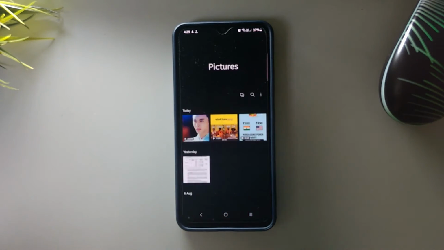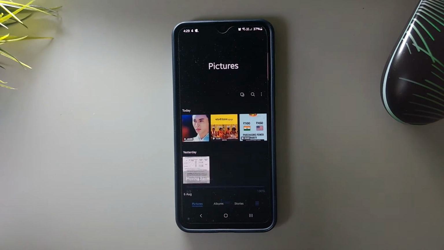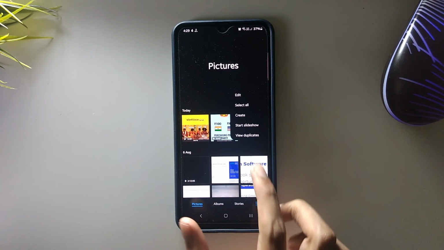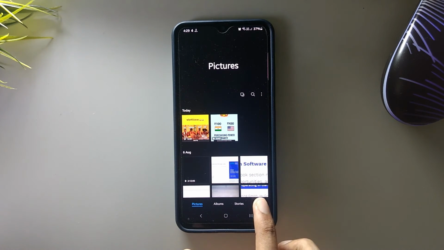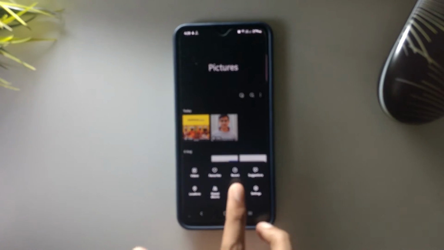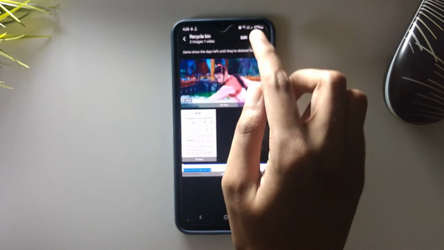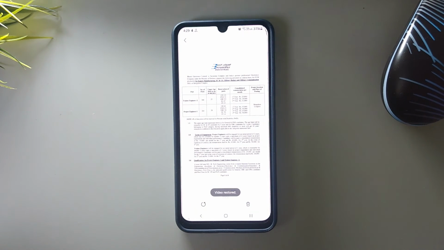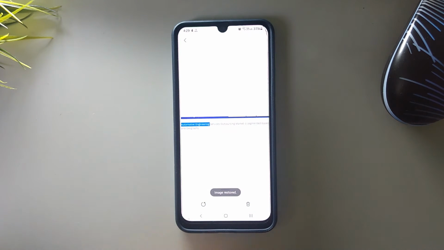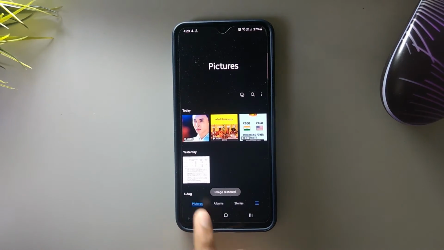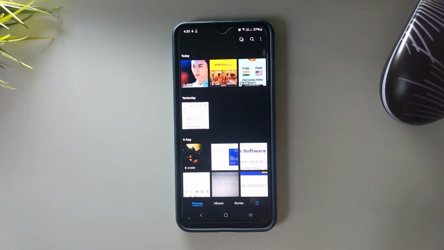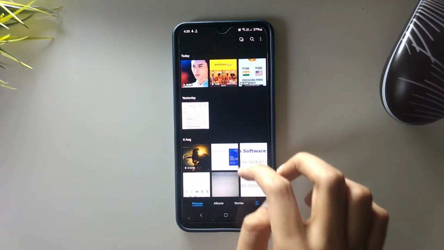If you accidentally deleted images or videos from the Samsung Gallery app, fortunately, they can be easily recovered within 30 days using the Trash feature. So make sure Trash is enabled in the Samsung Gallery app. To enable Trash, tap on the three-bar icon and select Settings. Enable the toggle next to Trash. To recover photos from Trash, tap on the three-bar icon on the Samsung Gallery app home screen and select Trash. Select the images to recover and hit the Restore option.